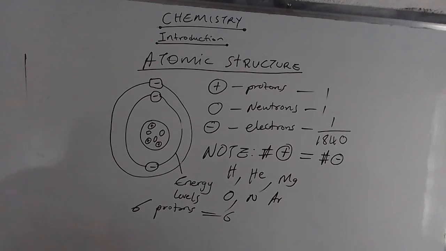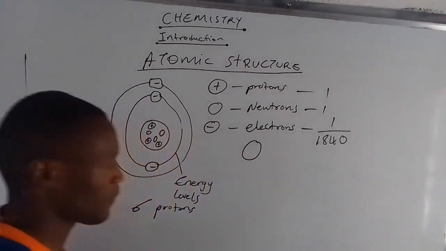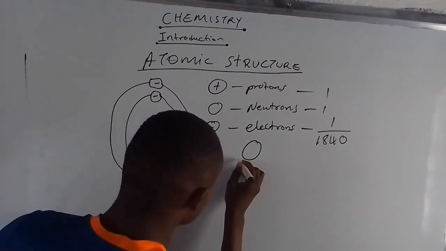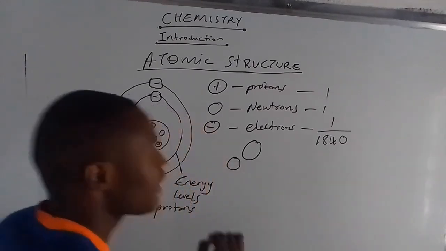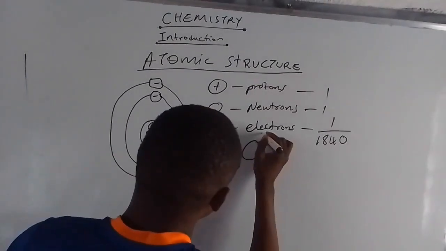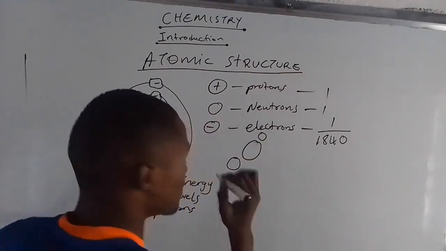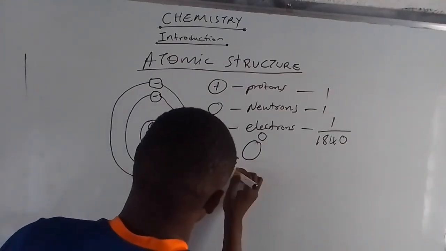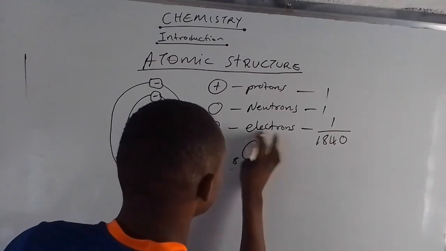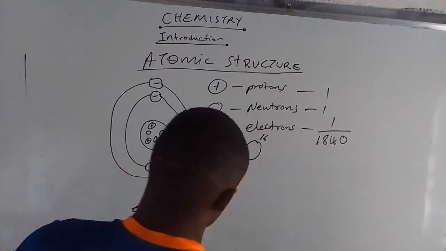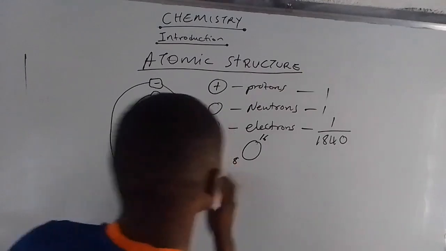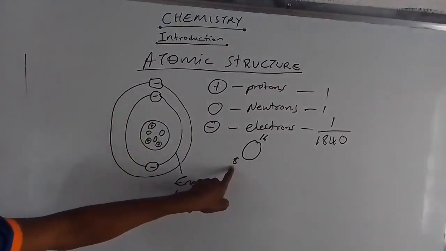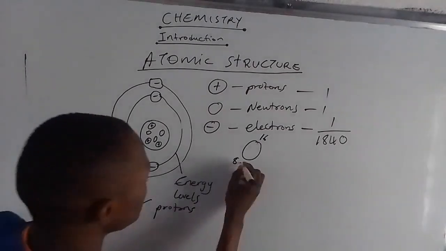Let's assume that this is our oxygen. Then we have a small number which is down here, and a big number which is up there. The small number for oxygen, down here, is 8, and what is on top here is 16. What we must know is the number which is down here, or the smaller number, will represent the number